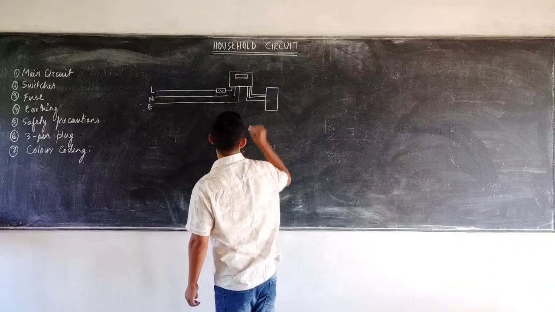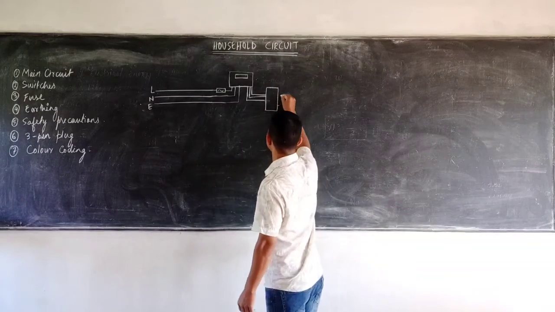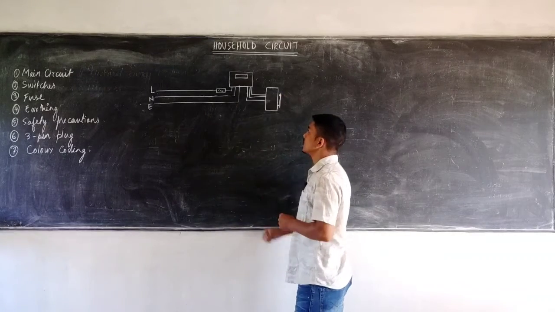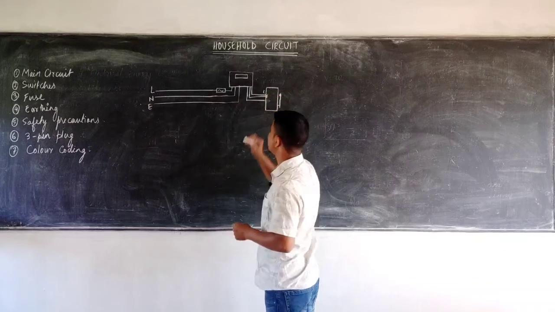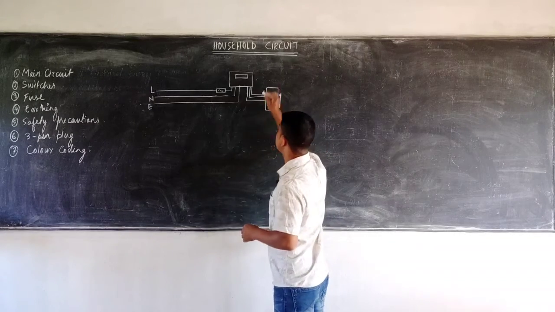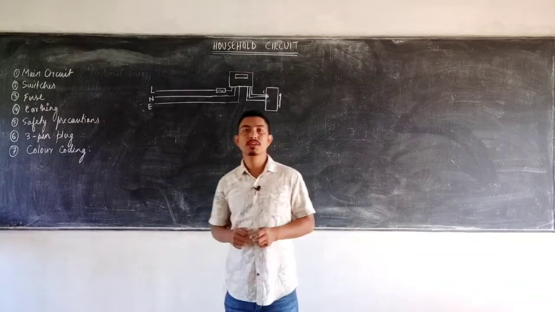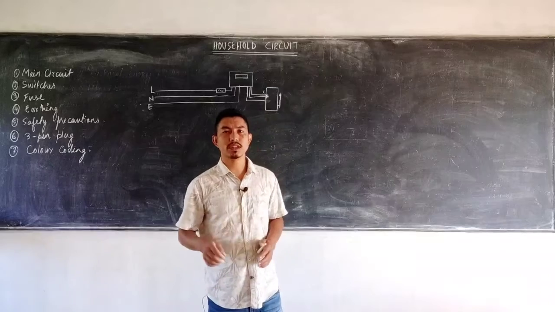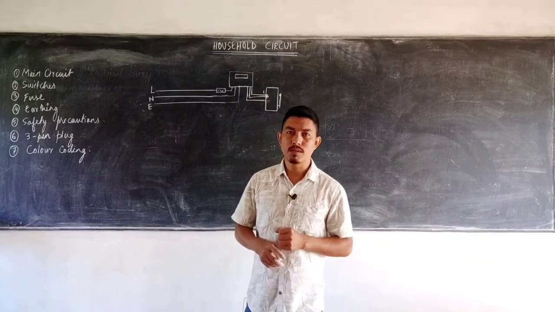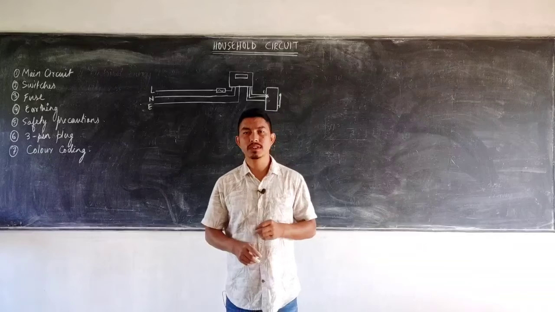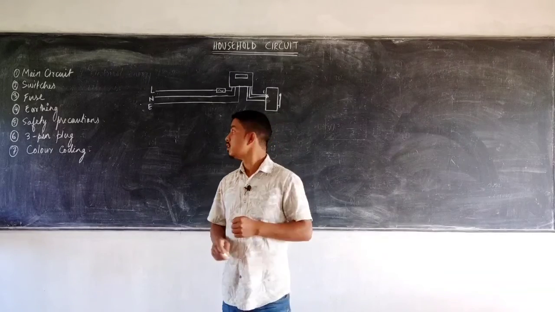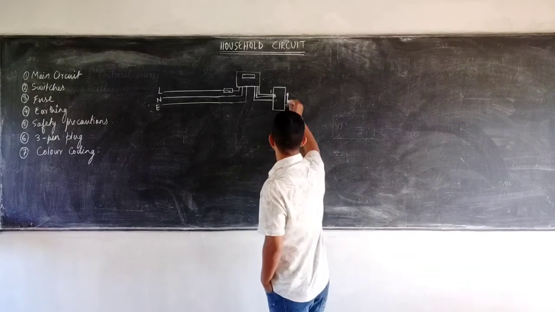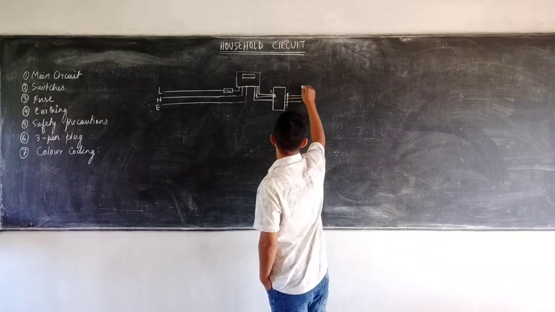We also call it a double pole switch. The advantage of using a double pole switch is that we can disconnect the live wire and the neutral simultaneously. You must have seen a main switch in a house which we can pull down and the whole circuit in the house is disconnected. So the double pole switch disconnects the live as well as the neutral wire. After it passes through the main switch, it goes to the distribution box.